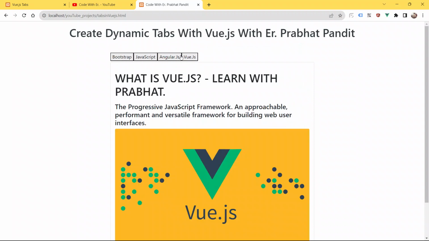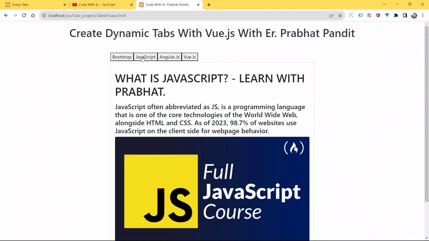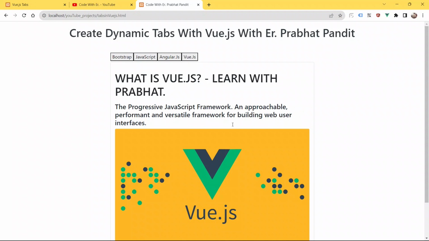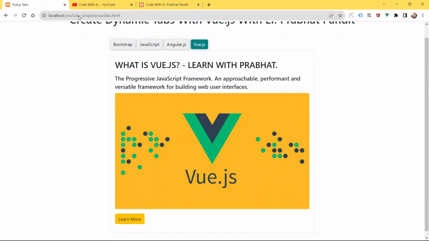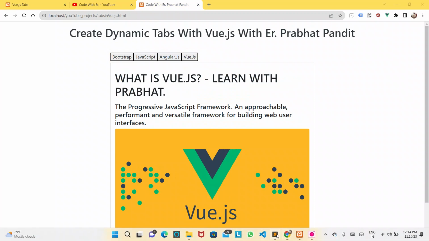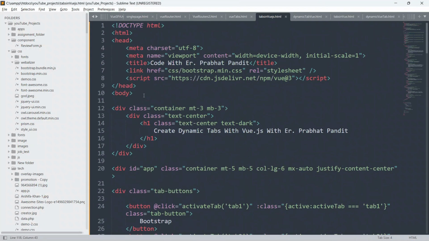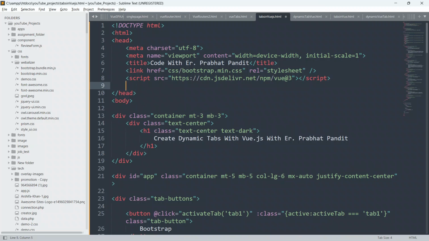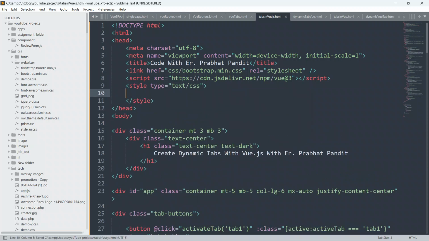So guys, now we have to put some extra CSS, our custom CSS. I'm going to write some custom CSS just to make this button like this. Go here to your code, go to the head section and create a style sheet, our custom style sheet.